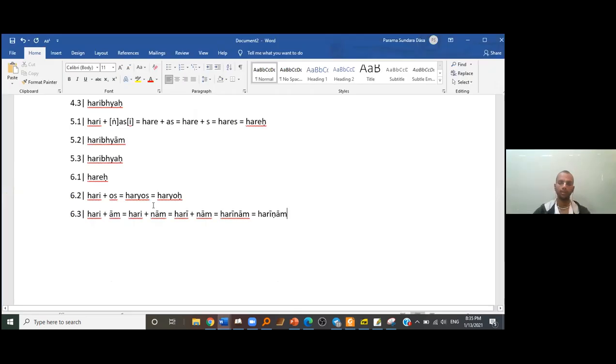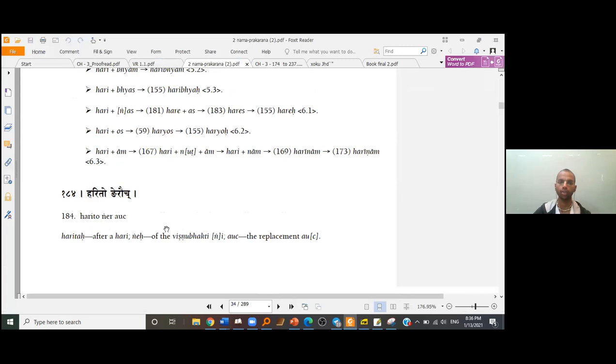So Hari Nam. This Harinam is not the Harinam we say, Harinam Sankirtan. That is different. This is the 6.1 usage. Harehe Nama iti Harinama, the compound of Harehe Nama. This is different. Of Lord Hari, of many Haris, like that. So Hari Yukta Me. Now we have one sutra, Haritang Erauch.